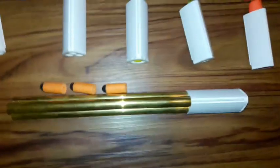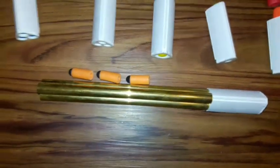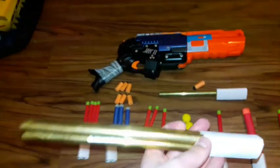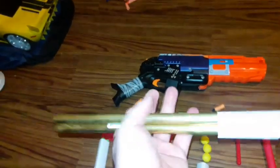The last shell you see here is a bit of a meme shell, I'll be honest. It doesn't work as is, obviously. If I can't shoot 3 feet of brass, then 3 barrels with 1 foot of brass each is not going to work. Now, this might work with